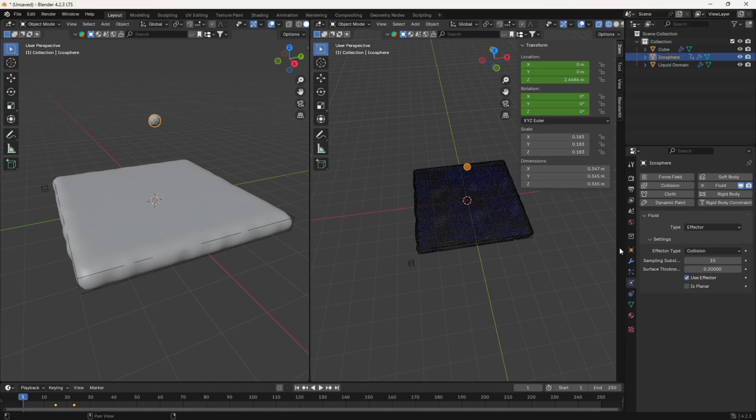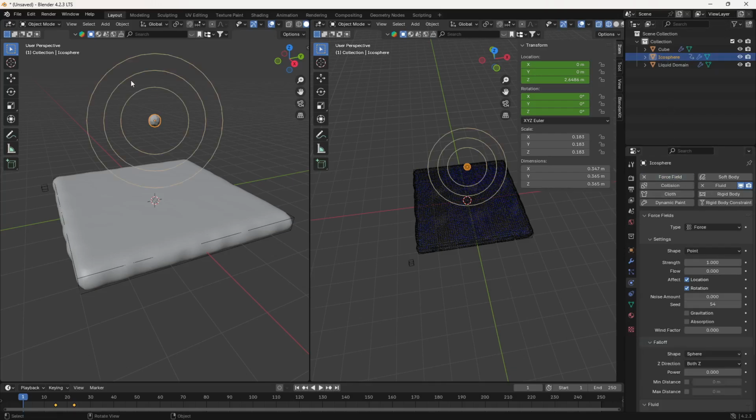Okay, so let's apply what we call a force field. What a force field will do is create basically a force on that object. So it will make that, okay, this object has a strength of this and it's a heavy object. So we want that for our icosphere. What we are going to do is click on the icosphere and then click on the force field. As soon as you do it, you can see the circles here. The first thing that I want to do is make sure that the inner circle has a certain area which is going to affect it.